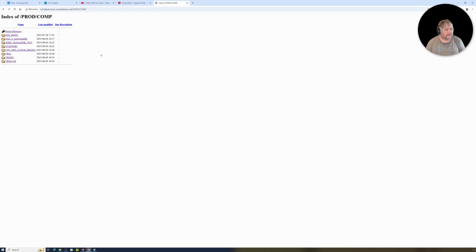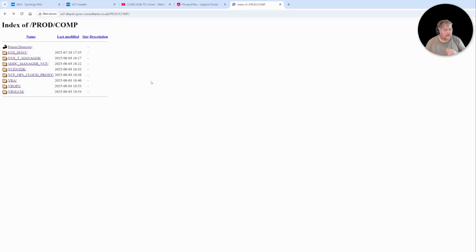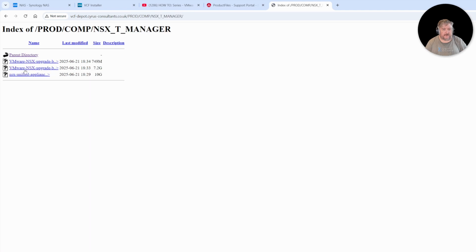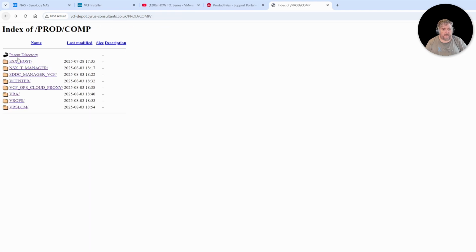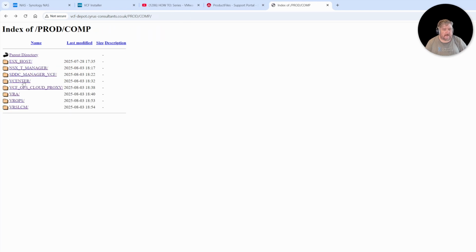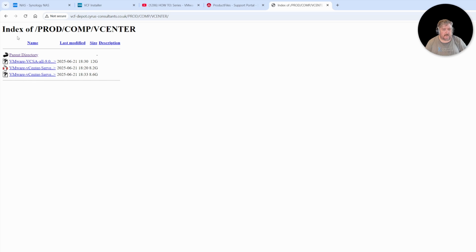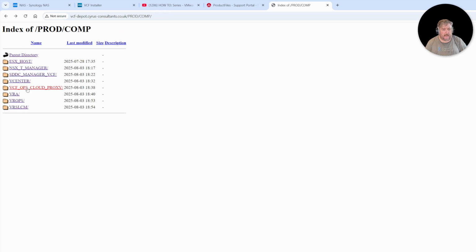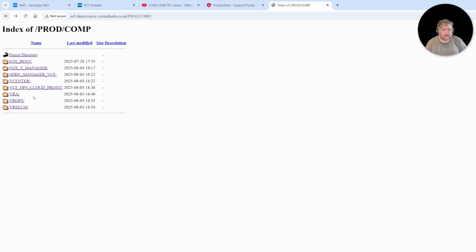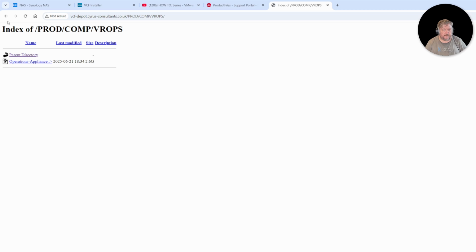I'll just zoom in. Okay, so if we have a little look in NSX manager, then we can see we've got the various files that we need. SDDC manager, I think the total is about 80 gig, something like that. vCenter, of course, is in there, and the ops proxy, VRA, VROPS,